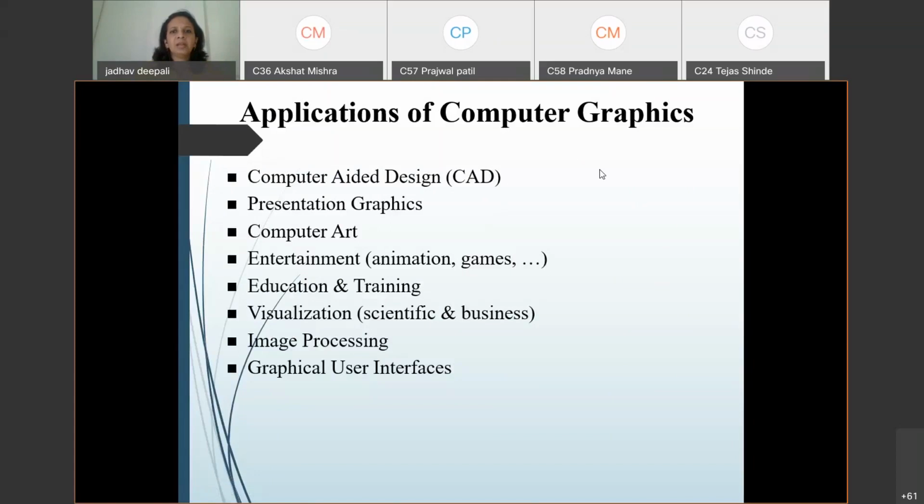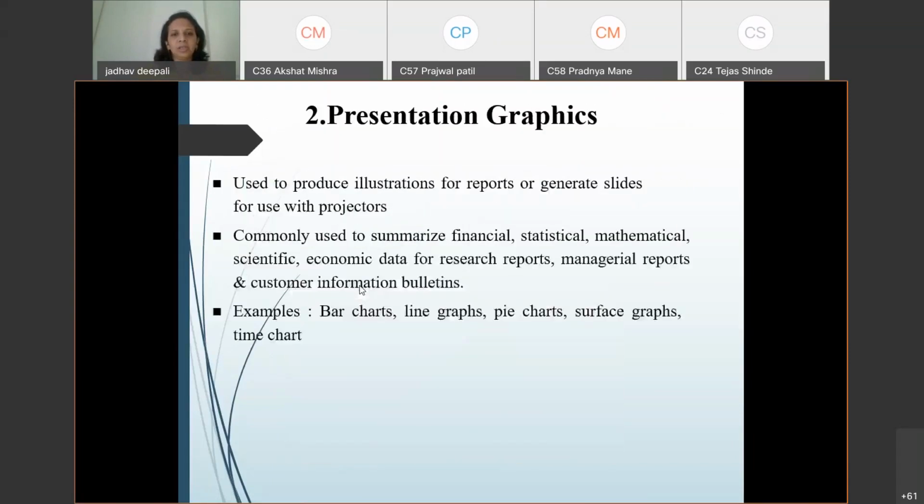So the applications are computer aided design, presentation graphics, computer art, entertainment, education and training, visualization, image processing, and graphical user interface. These are some of the applications. So many other applications are also available.